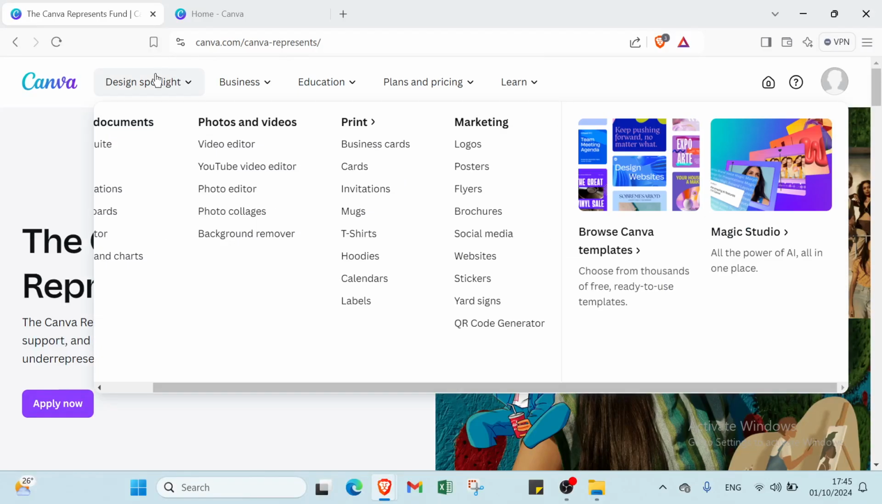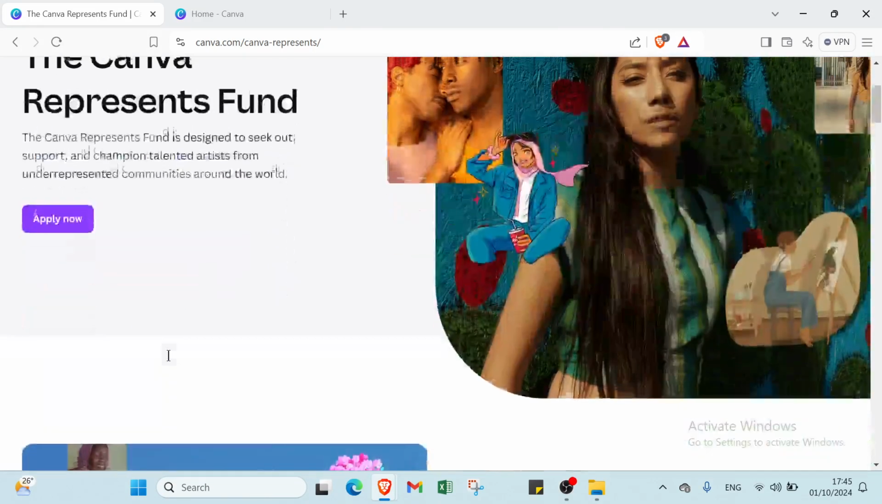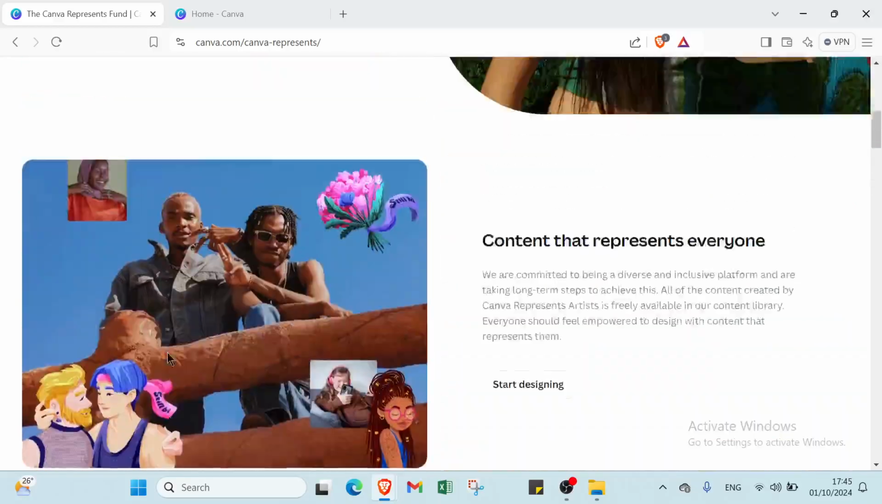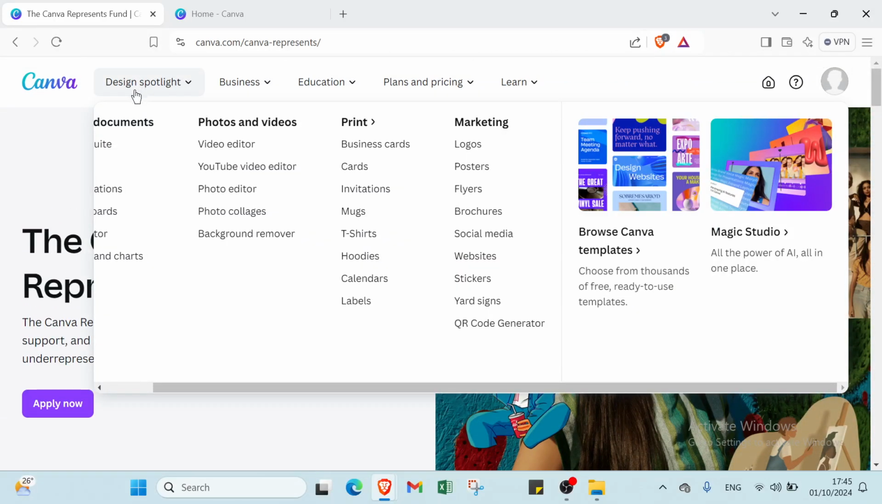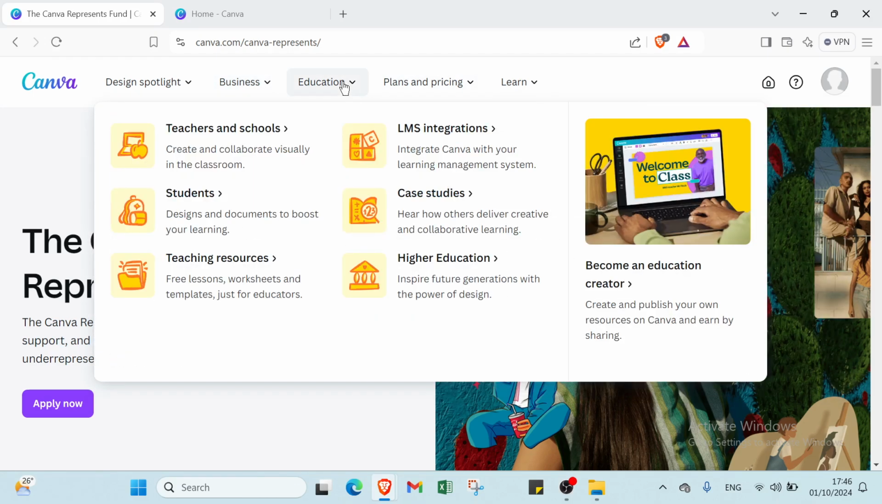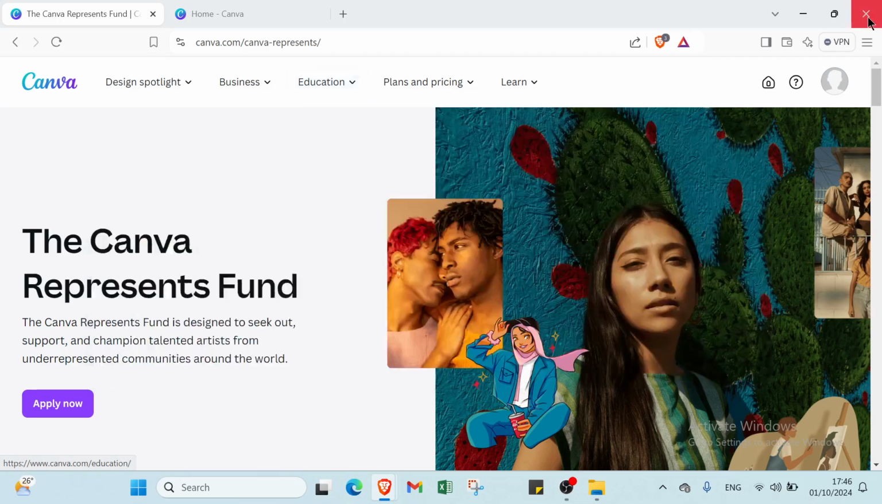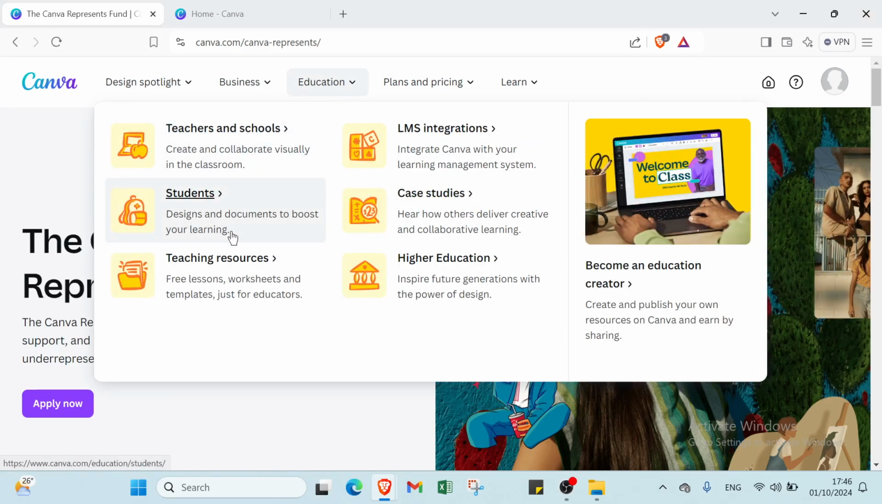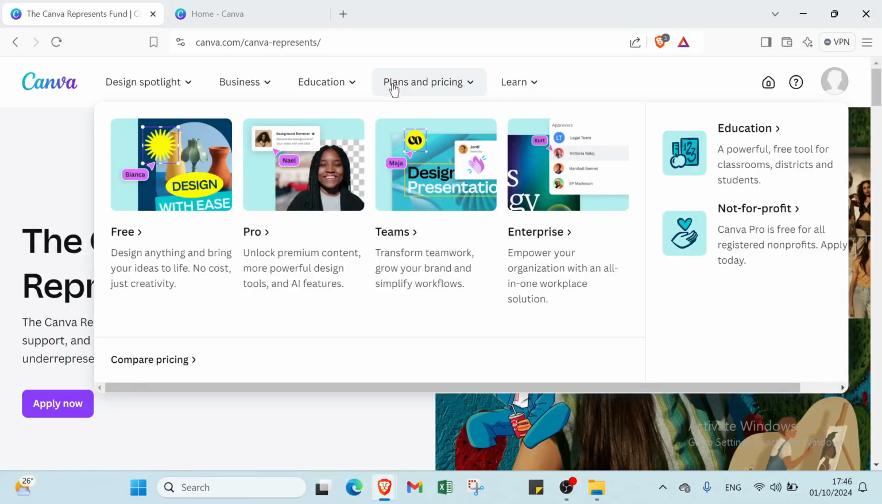So right now I will show you, here we have our various options and the various information. You can just read it to understand more about Canva. Then we have your design spotlight, like documents, photos and videos, print, marketing, and we have your business, Canva Enterprise, sorry, then we have Canva themes, contact sales, business solutions, use cases, resources also. Then we have your education, teachers and schools, students, teaching resources, then you have LMS integrations, case studies, higher education also,